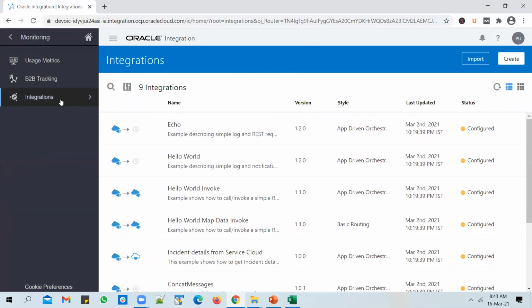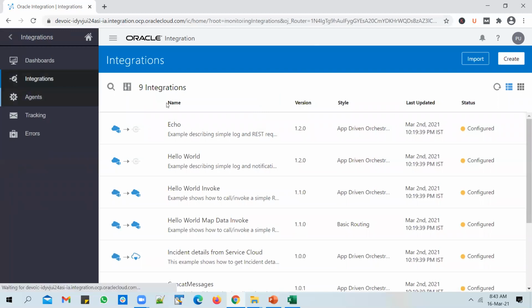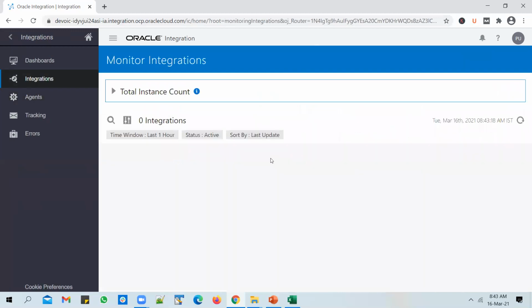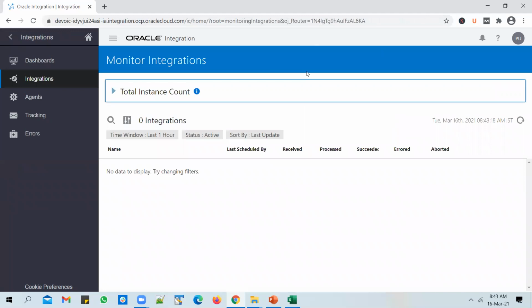From the monitoring section, if you click on Integrations again, you will be able to monitor your integrations from here. There are no requests kicked off yet, so that's why it's blank at the moment. Okay, so from the monitoring section, you can monitor integrations, and there is a concept of connectivity agents in OIC, which can be used to connect SaaS applications with on-premise applications.